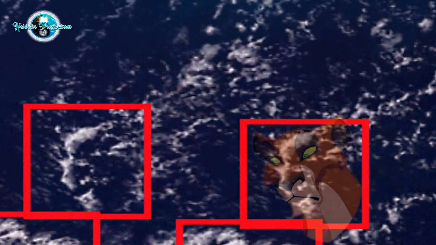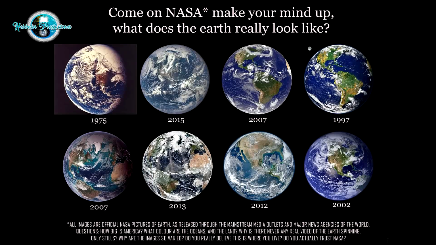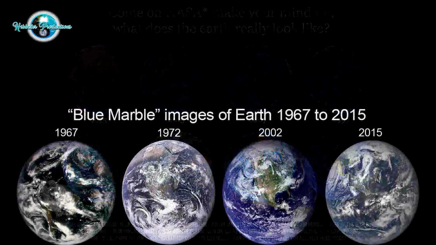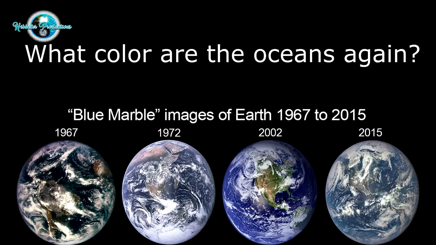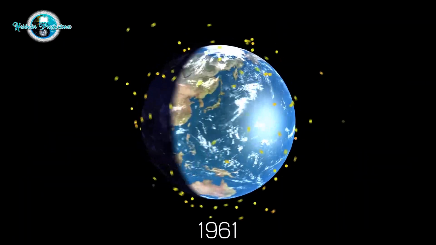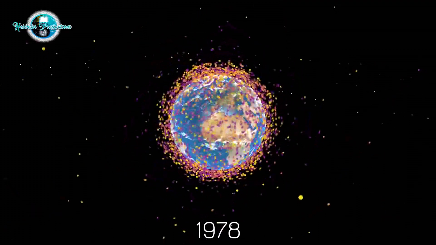Yeah, and the thing is, those pictures that you're talking about, the blue marble pictures, I think there's maybe 8 to 10 of them over time that NASA has put out, and you're absolutely right. None of those pictures look the same. The color of the water is different. Like you said, the continents are different sizes. It's just unbelievable. I think what happened originally was they would put these things out and nobody was paying any attention to it. And then all of a sudden now, people are paying attention to it, and now they're pulling these pictures in, and it's an obvious fraud. What? And the thing is, there's supposedly tens of thousands of satellites orbiting Earth.